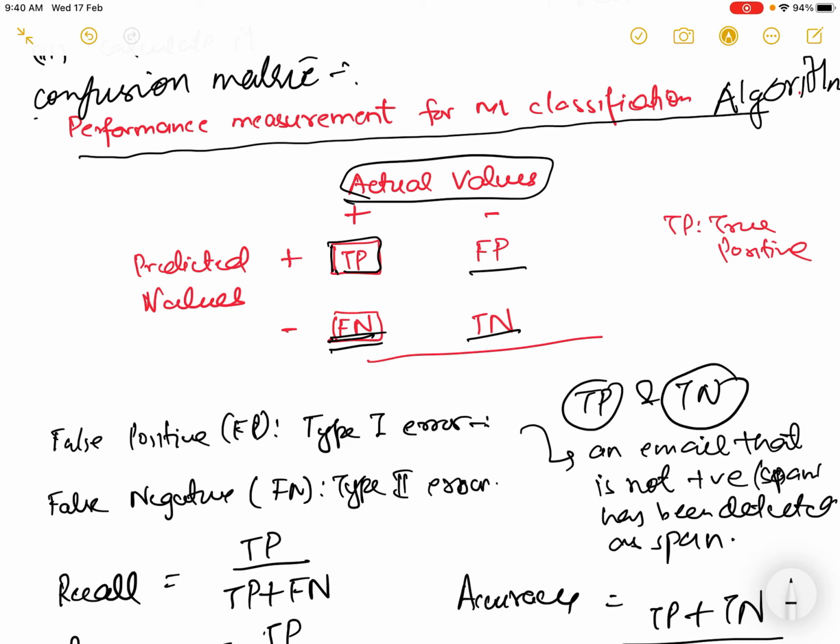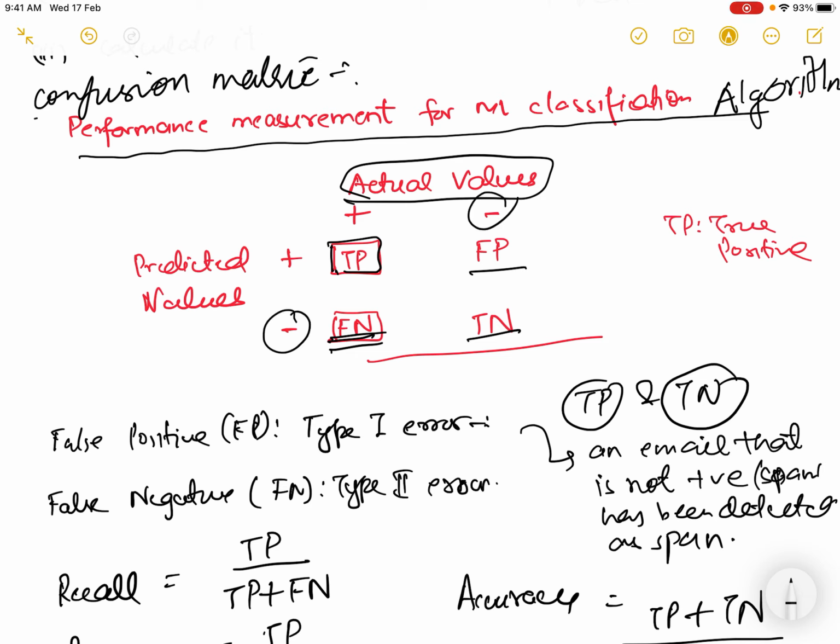This is truly classified as positive, so this will be true positive. Now there will be outputs for which my predicted values are negative, and in the data set the actual values were also negative, so that is true negative. True positive and true negative are important for us and they should be higher. That is the basic understanding. If you don't know more and you are asked how to evaluate your model, you will focus on true positive and true negative.